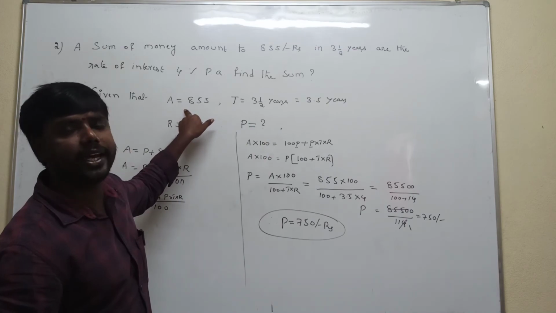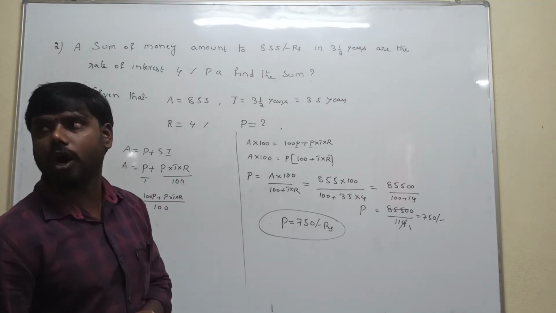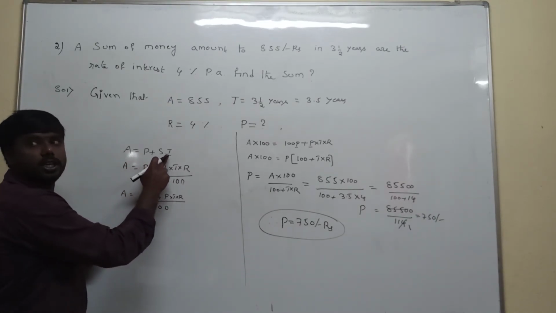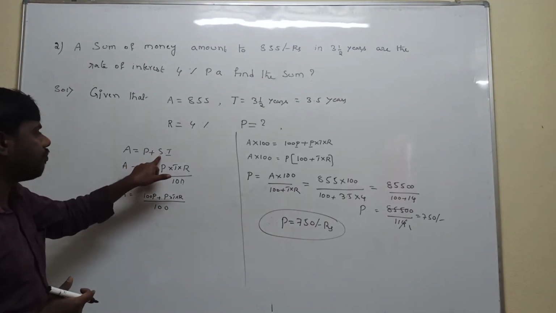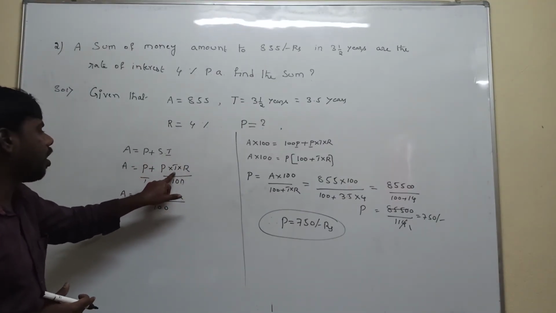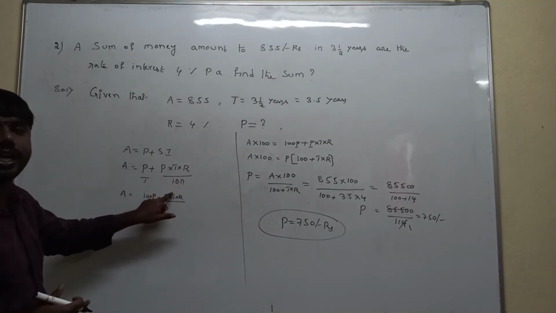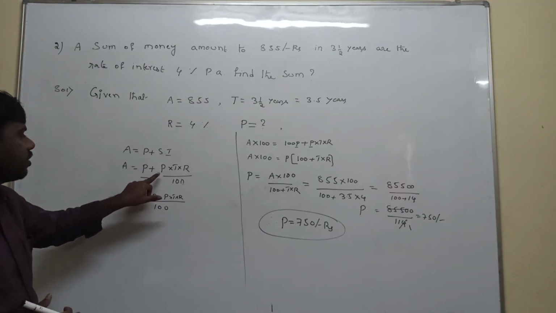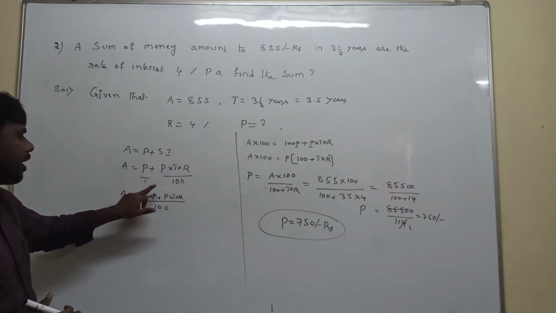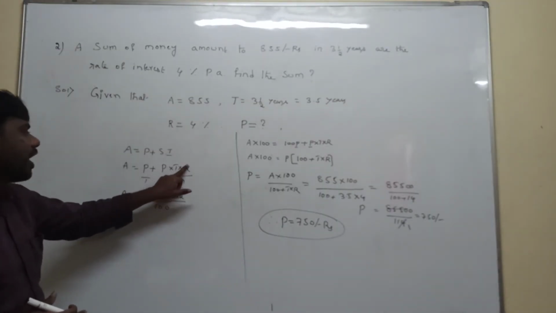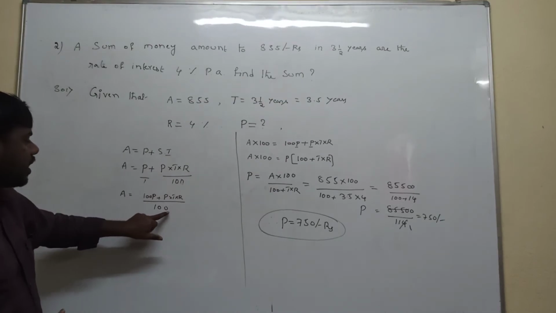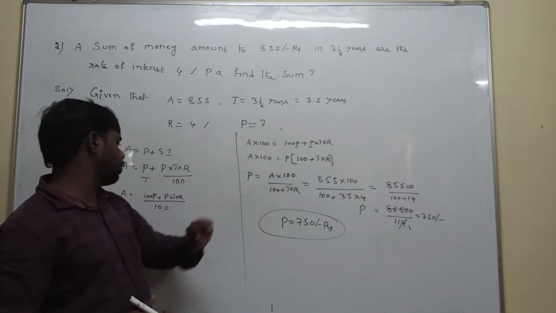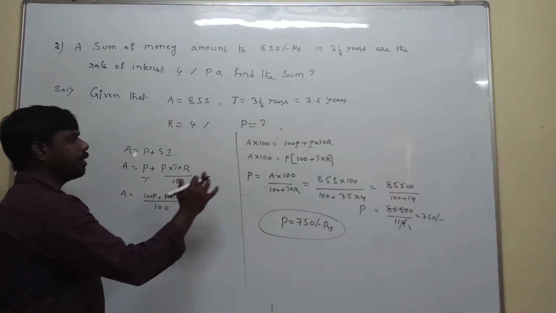Whenever the amount is given, we take the amount formula. What is the amount formula? Capital A is equal to P plus simple interest. The formula for simple interest is PTR by 100. After that we take the LCM. So the LCM of 1 and 100 is 100. After that, cross product with these two values. 100 into P is 100P, plus 1 into PTR is PTR. After that, 100 cross product with the left hand side numerator: A into 100 is equal to 100P plus PTR.